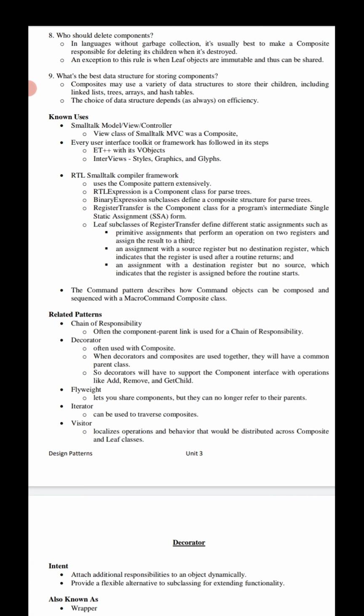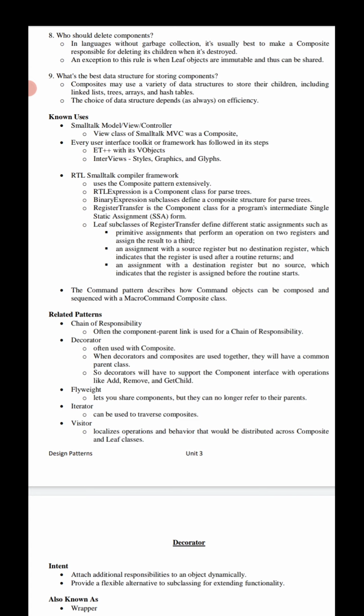What is the meaning? Without garbage collection, it is usually best to make the composite responsible for deleting its children when it is destroyed. An exception to this rule is when we make the leaf objects immutable, then they can be shared.